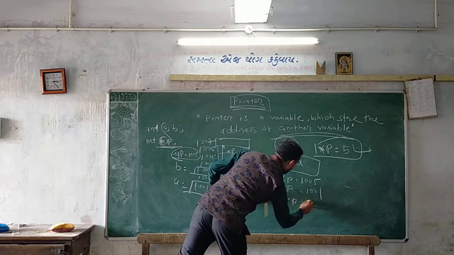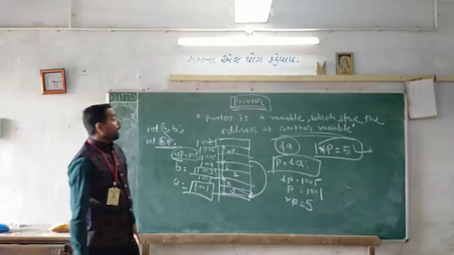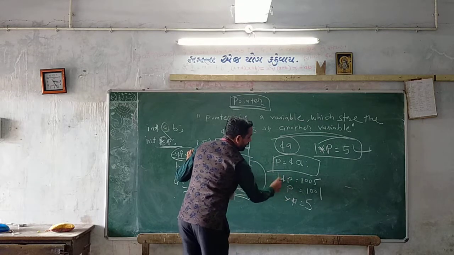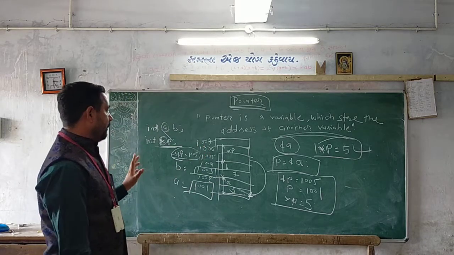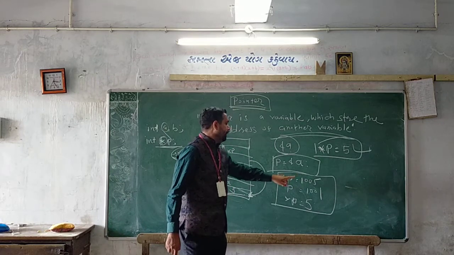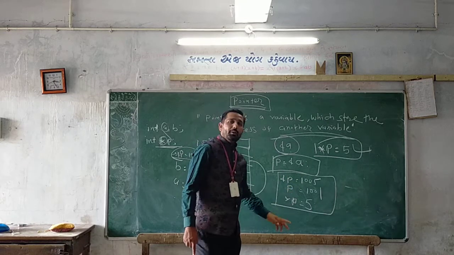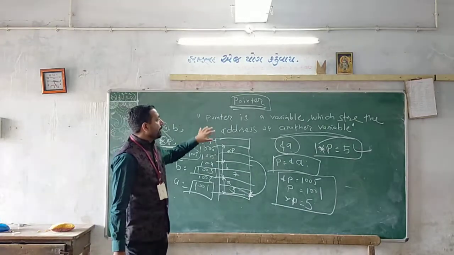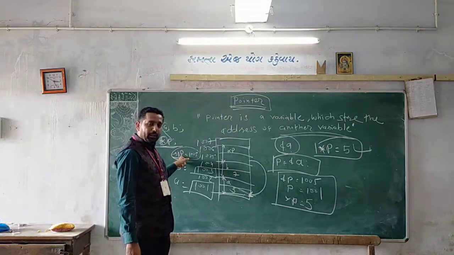So here we display the 5. &p, simple p, and *p: keep this in mind to understand the pointer. Again I repeat, &p means the address of the pointer itself, p means the stored address of the variable, and *p means the value of the stored address. In this way, a pointer stores the address of another variable.